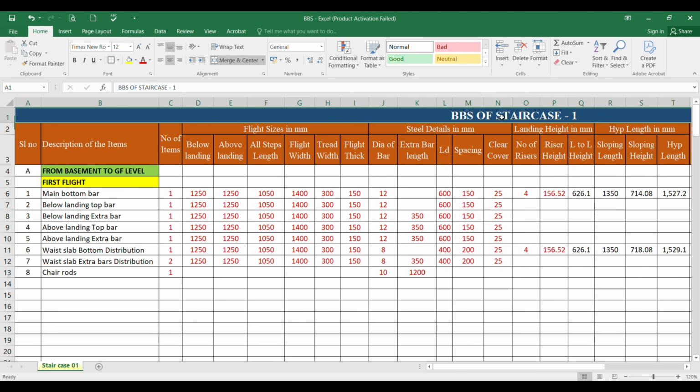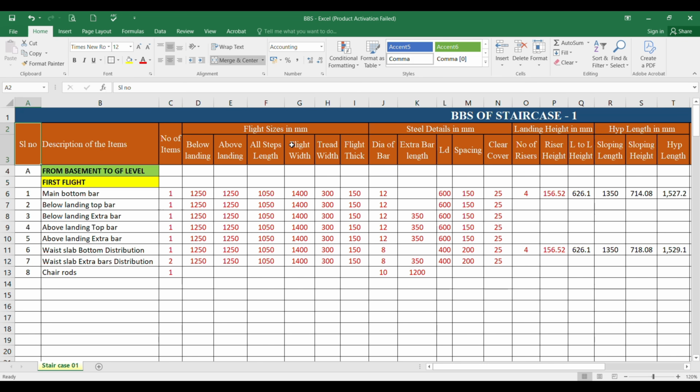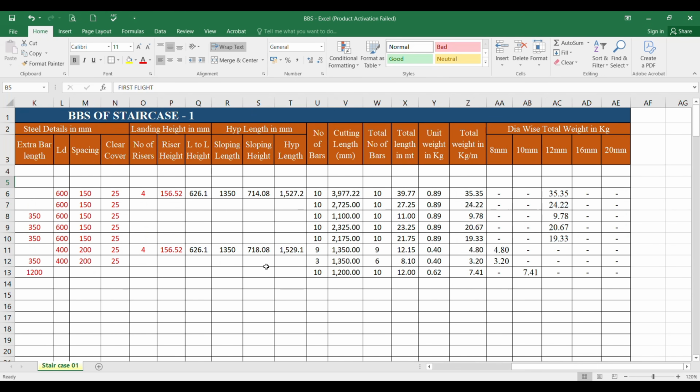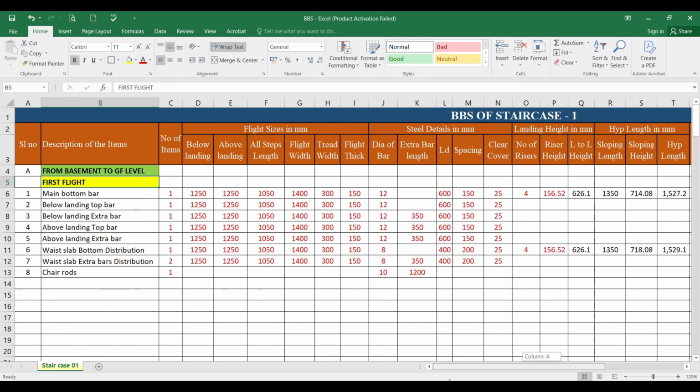I have written the heading line, BBS of staircase 1. In that headline, these are the contents I have written in all the columns. What details are required, I have clearly entered over here. Each and every column I will explain, and according to this you can prepare the tabular column to do this staircase BBS. Here I have created the BBS from the basement floor to ground floor, first flight. How to enter all these values and put all these formulas, I will explain in the next class. In this class I am explaining only